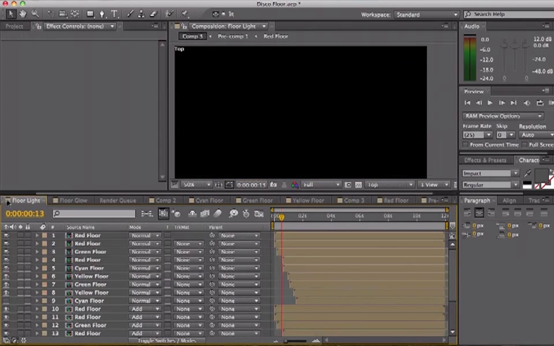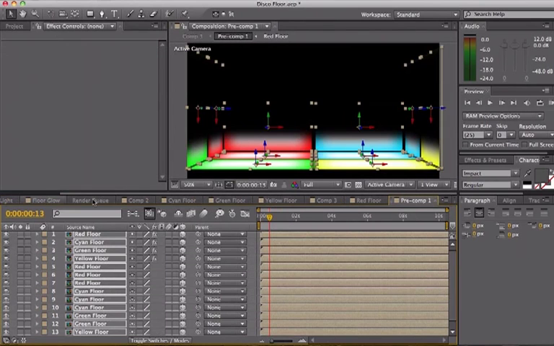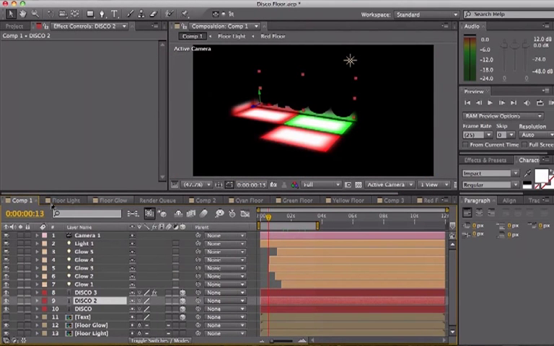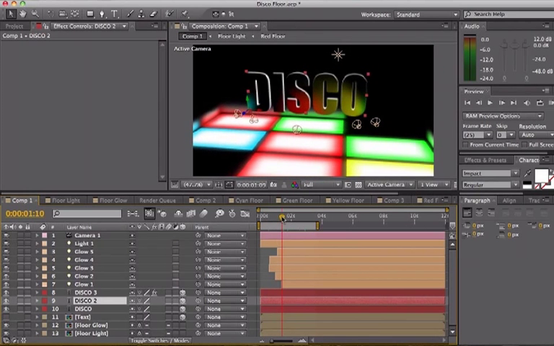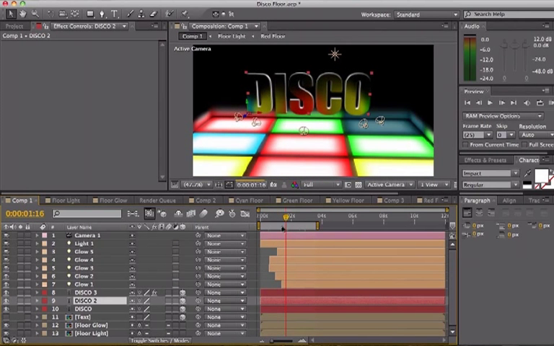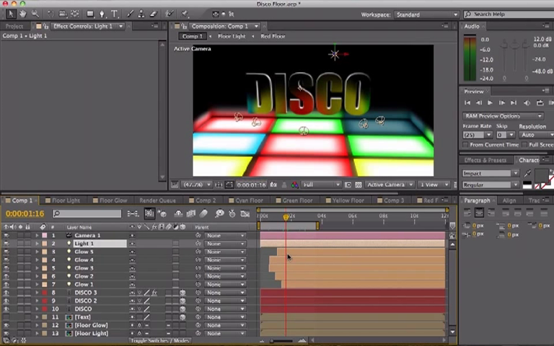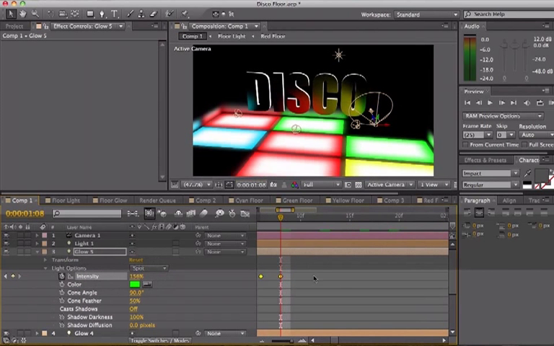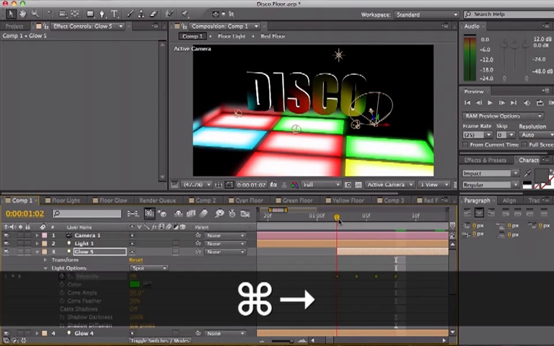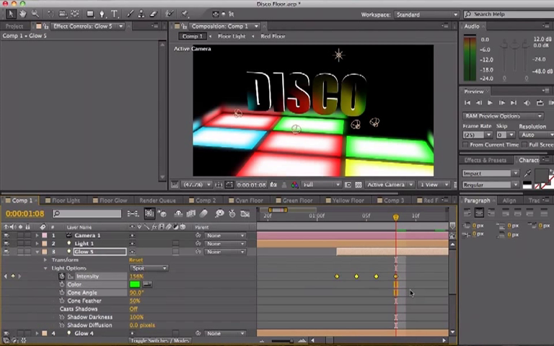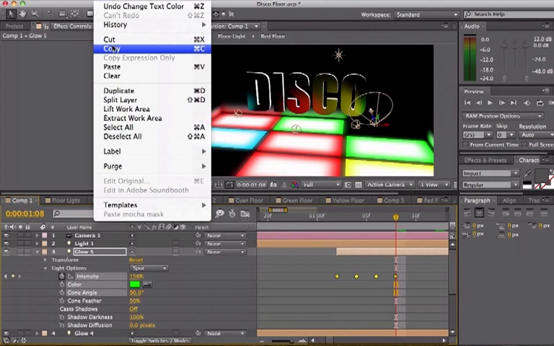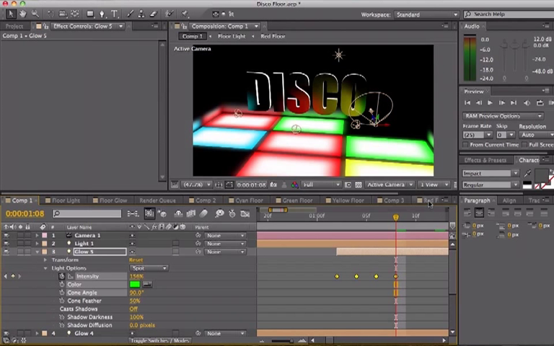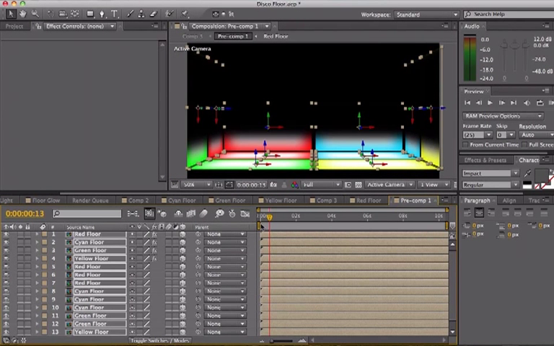It's finished. Before we really finish, we have to animate the light that is here. You can animate the light by going to intensity. In my case, intensity is 0, 100, 0, and 150. Let's just copy this keyframe and then go to